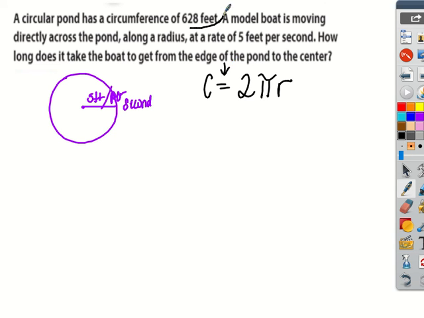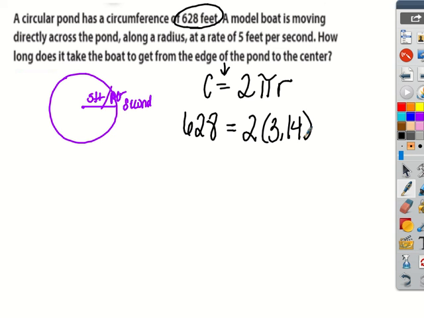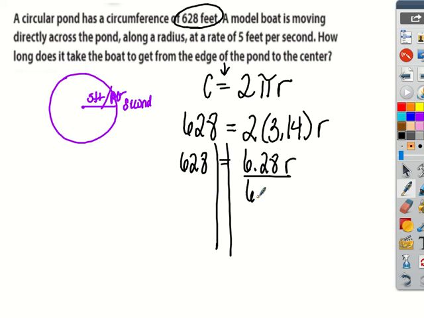See how it told us the circumference of the circle? We are going to plug the circumference of the circle in for C. 2 is standard, pi is what we're using, and the radius it doesn't give us, it only gives us the speed, right? It's telling us that we go 5 feet per second. So we're going to say that this is r. Then I'm going to take my 628 is equal to 6.28 r. Now look, this is right back to a one-step equation. So in order to get that r by itself, I'm going to divide both sides by